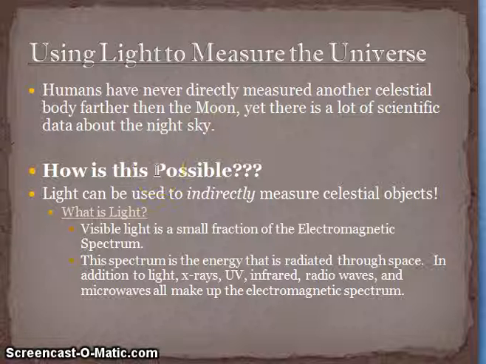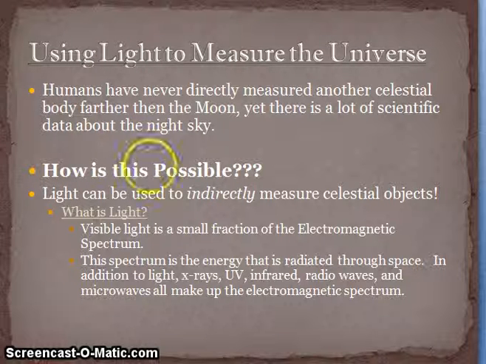So yesterday we talked about the electromagnetic spectrum. The spectrum is all of the different types of electromagnetic energy arranged by wavelengths. We know that gamma had the smallest wavelength, the highest frequency, and had the most energy, all the way down through to radio waves, which have the longest wavelength, the lowest frequency, and the least amount of energy associated with them. And it's this that makes it possible for scientists to view the night sky and see images like this